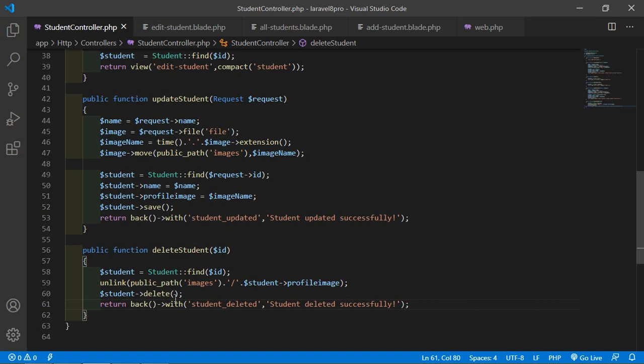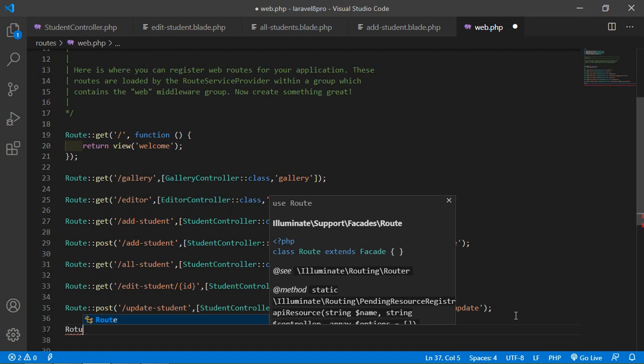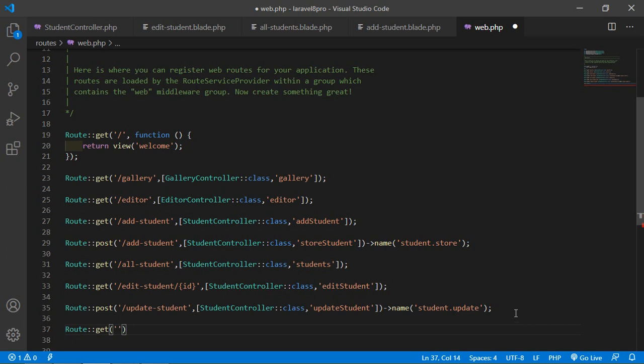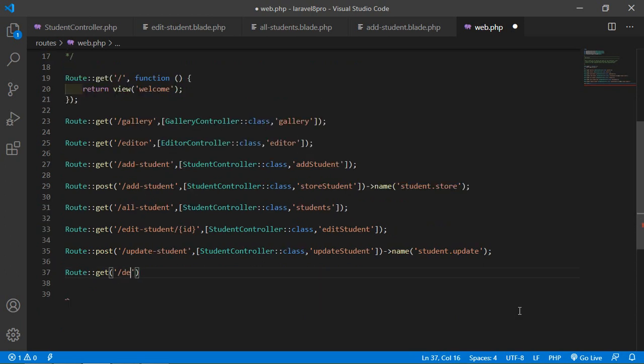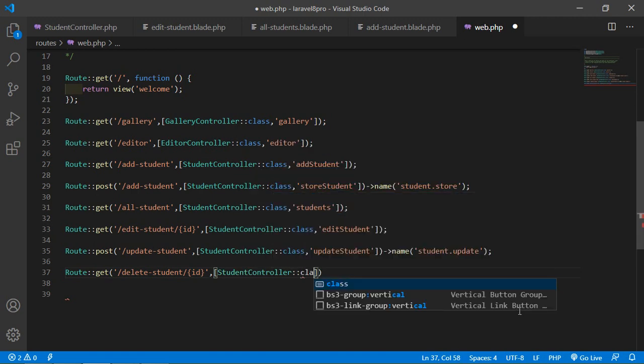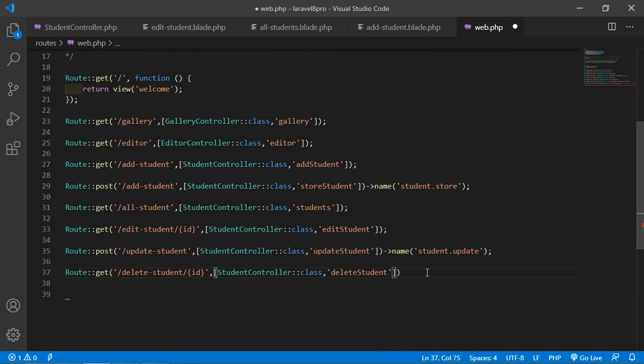now let's create the route for this function. So go to the web.php, and here just write Route::get, add the URI, which is delete-student, also add the parameter id, then controller name StudentController::class, add here the function name, which is deleteStudent. Alright, so just paste here. Now save this file